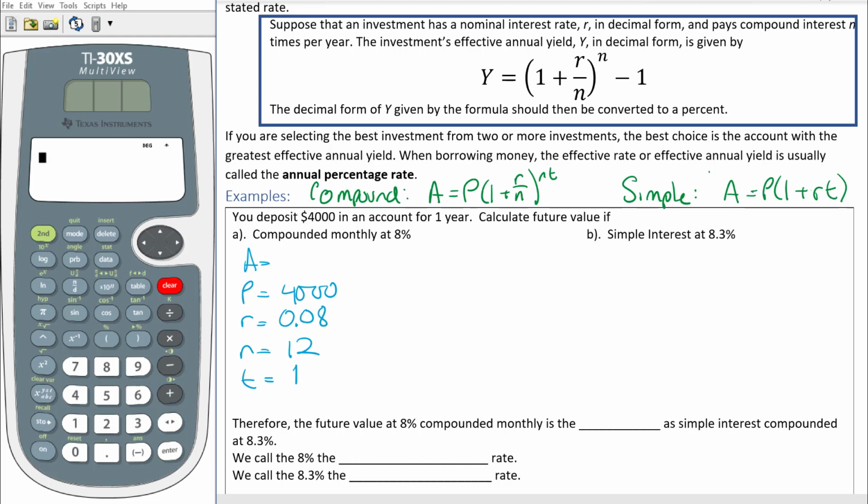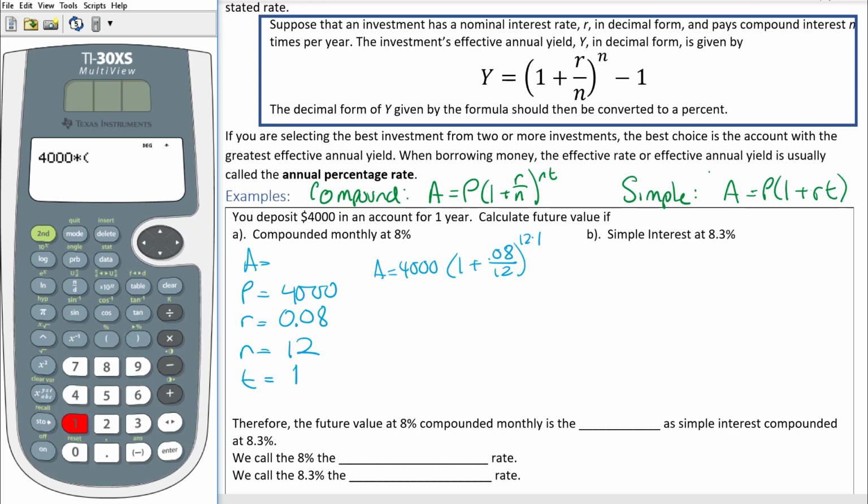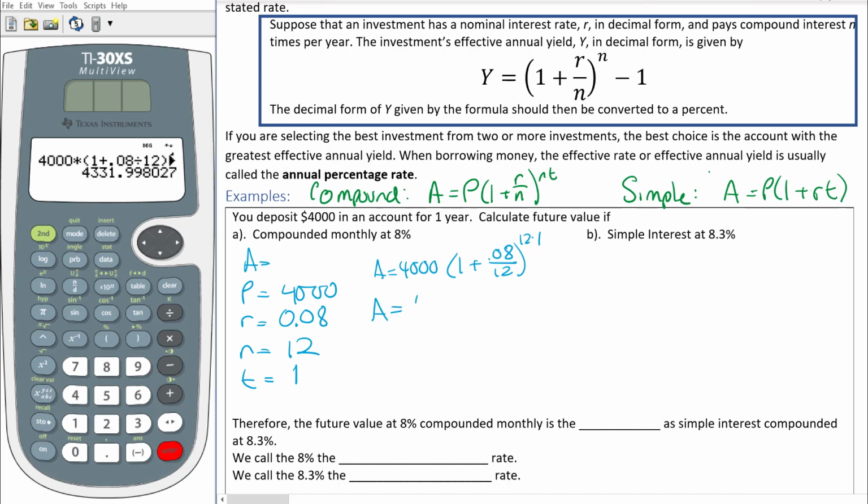So when I plug this in, 4,000 times (1 plus 0.08 divided by 12) raised to the 12 times 1. So I'm going to type that in, and I'm just going to hit enter. I know 12 times 1 is just 12. So that gets me